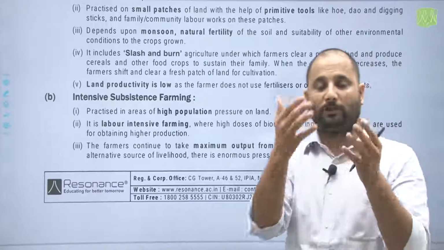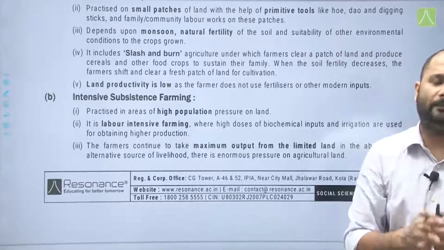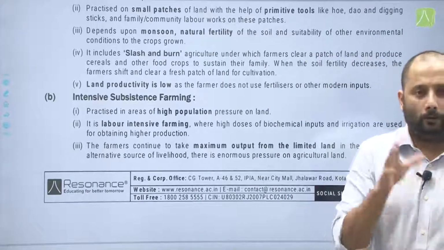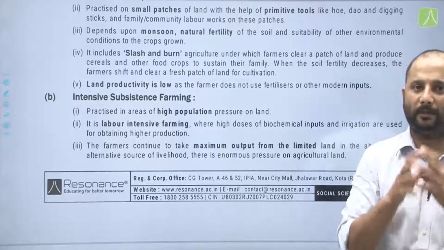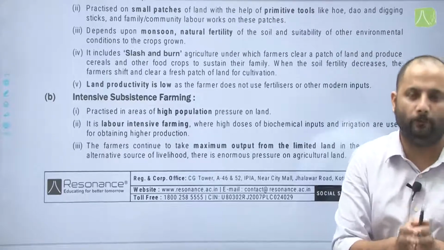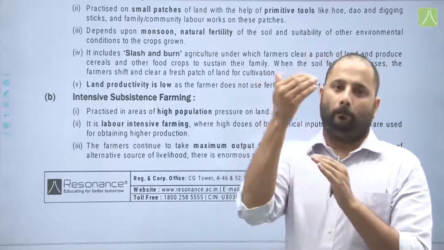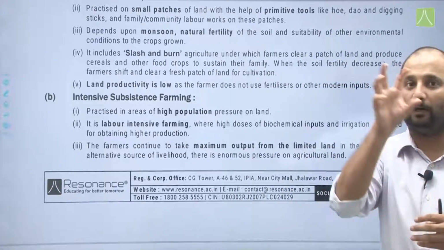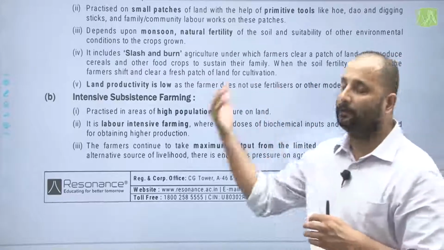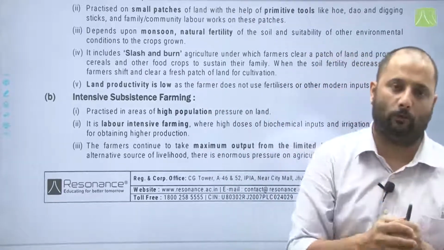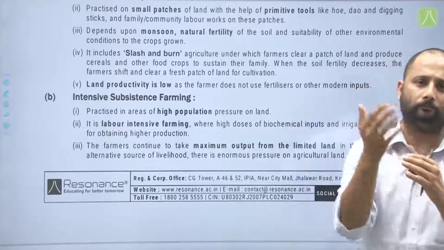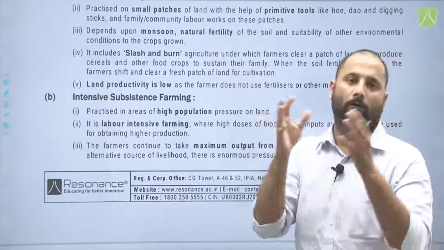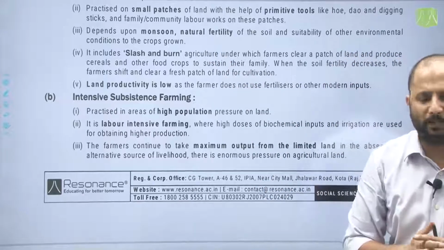One question which is most of the time asked in NTSE is on the names of primitive subsistence farming. In India it is known as Jhuming, Dhaiya, Podu, Penda, Bewar and by different names in different regions, and in some outside countries it is known as Roca, Milpa, Ray. So, these are sometimes asked in a match the following